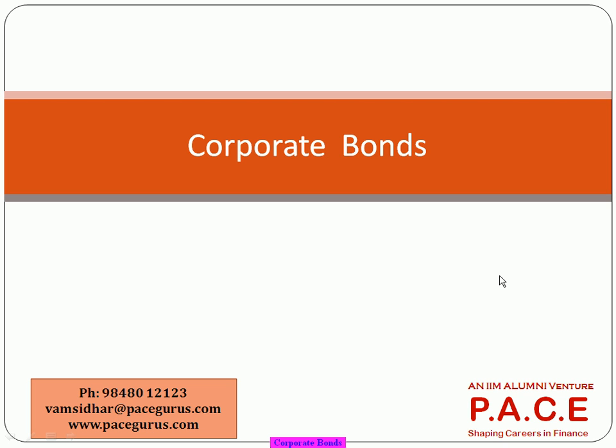This chapter on corporate bonds is primarily to understand what the various kinds of bonds are, what the various cash flows associated with a bond are, and what mechanisms are available if I want to close the bond, call back the bond, or redeem the bond. So that's the total flow that is being talked about in this.